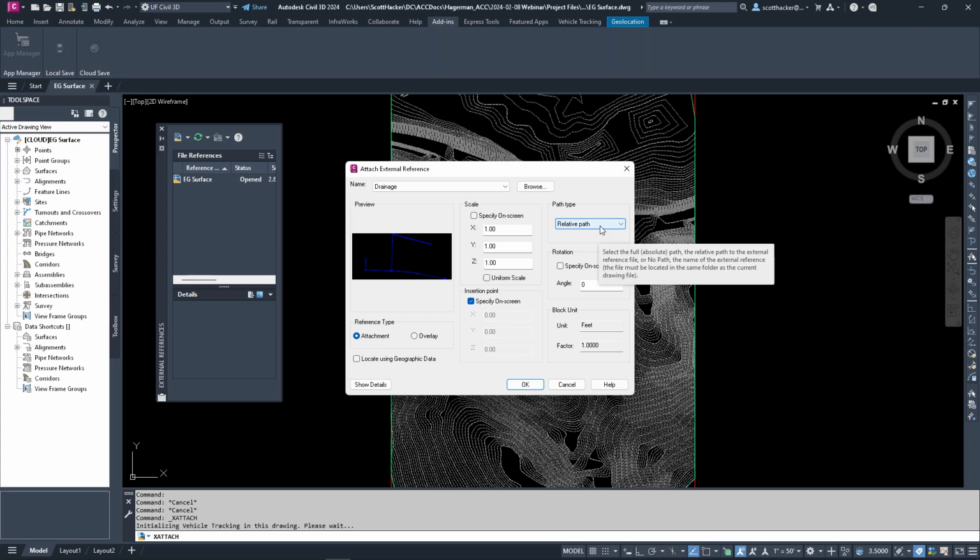Full pathing is not allowed from the cloud, okay? All of these other settings that you see, they can be adjusted however you need, but the path must remain relative. We'll simply click OK,